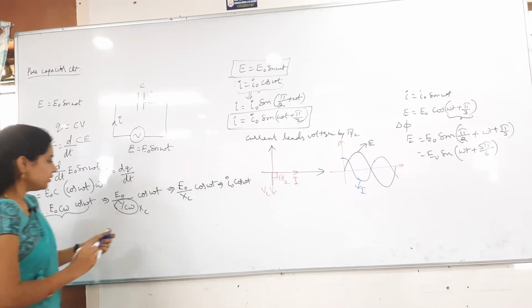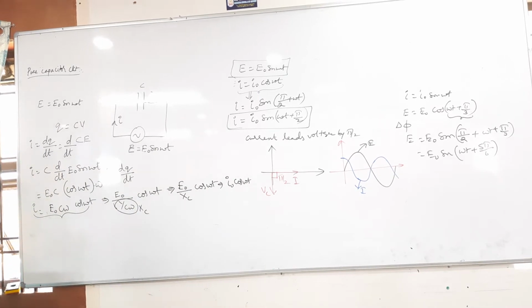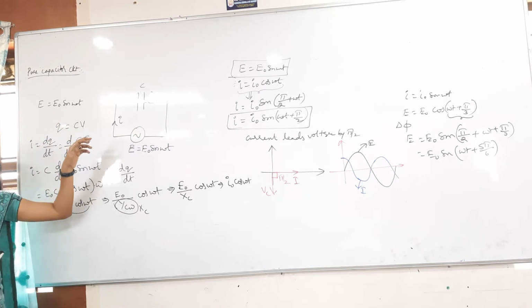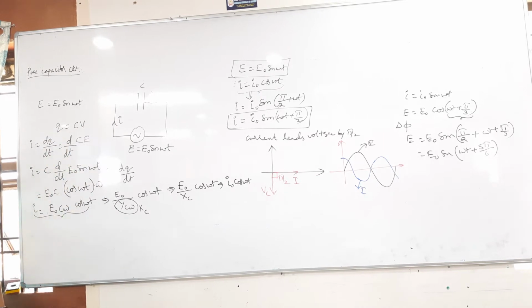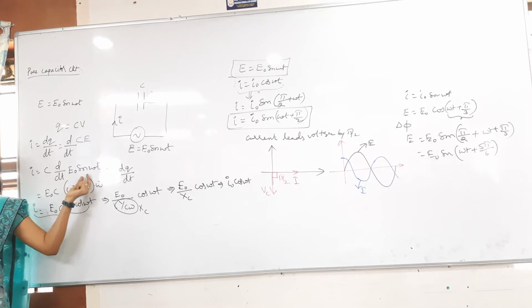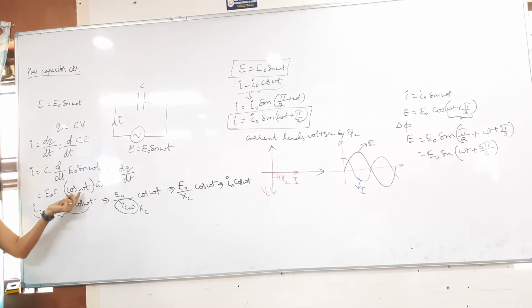Clear? So listen again. About the reactance I will explain again. First of all, E equals E naught sin omega t is the voltage I have applied. Now I have to find the current in the capacitor. For that purpose, I am taking Q equals CV, and then I equals dQ by dt, so d by dt of CV. The voltage here is E naught sin omega t, I have substituted that value. Taking E naught outside, the differentiation of sin omega t is cos omega t into omega. That is what I have written here. Then omega I have taken out. Here E naught into C omega is there.